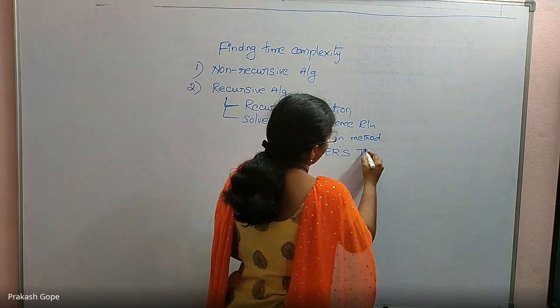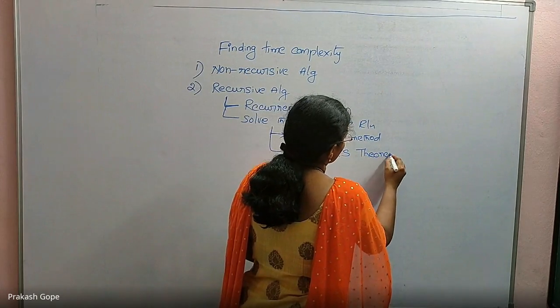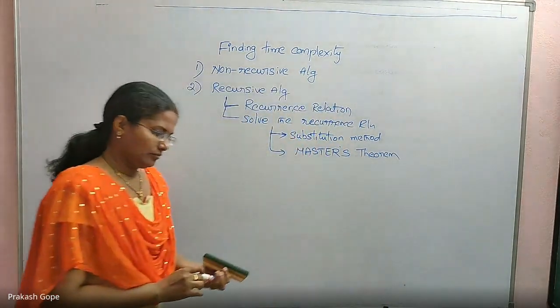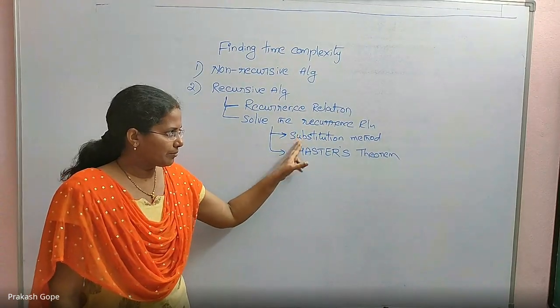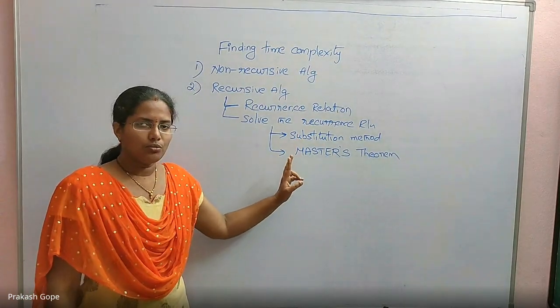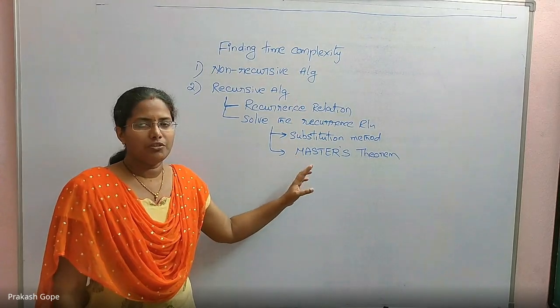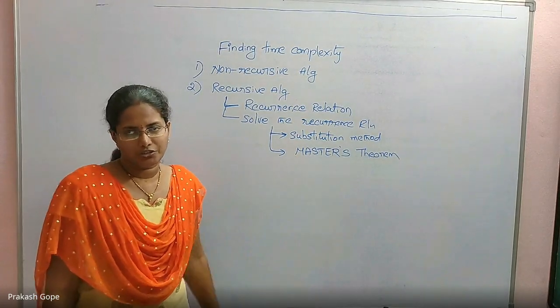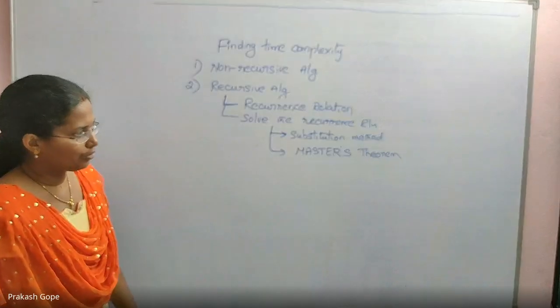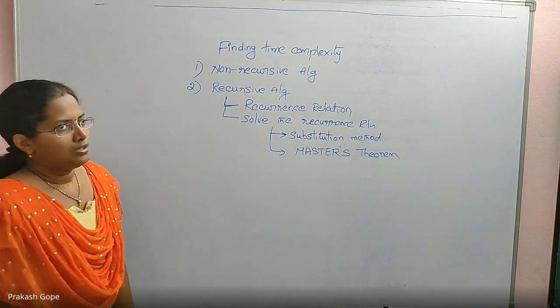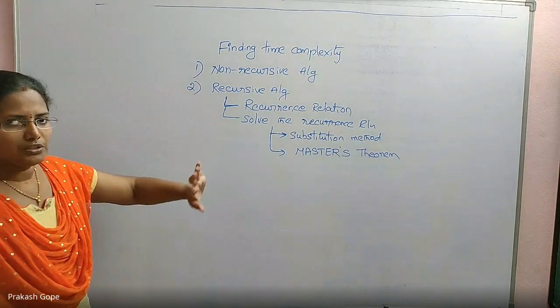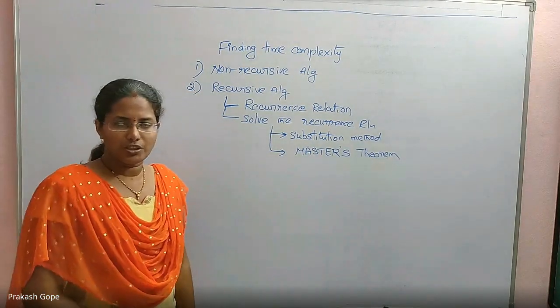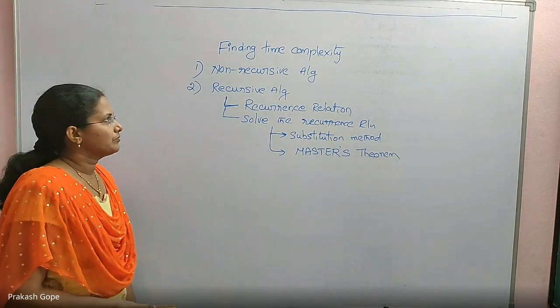Okay, master theorem. We will learn substitution method also, but not for many examples. So by using Master's theorem, we will solve any kind of recurrence relation, with a straight answer in terms of big O notation. So this is the pending part in asymptotic notations. Once we finish all of that, asymptotic notations is finished. That's when we go for GATE questions.